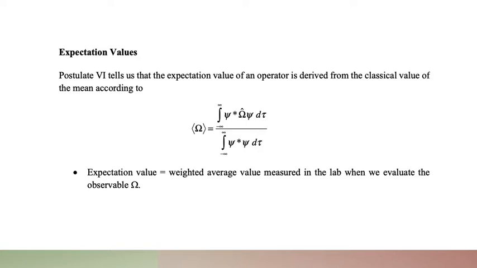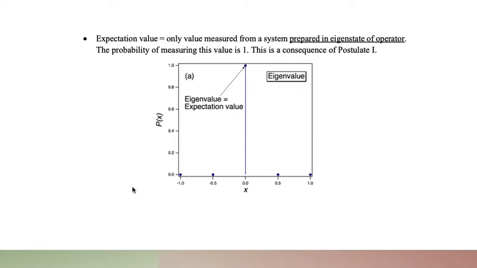The expectation value, right? It's the weighted average value that we would expect to get if we did a proper experiment in the lab, and we evaluate that observable omega. Right. Now, if we prepare the system in an eigenstate of the operator, then the one and only value that we measure is the eigenvalue. And in this case, the eigenvalue equals the expectation